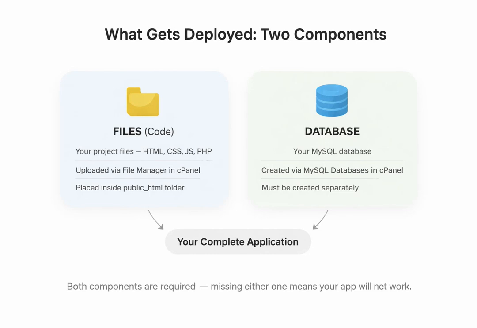When you deploy a web application, there are always two separate things you need to set up on the server. First, your files, the actual code, your PHP files, your compiled CSS, your JavaScript, everything. These get uploaded through the file manager in cPanel and placed inside the public_HTML folder. Second, your database. Your application needs a MySQL database to store and retrieve data, and this has to be created